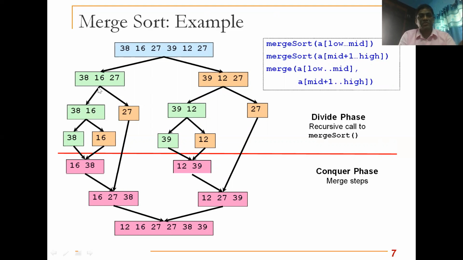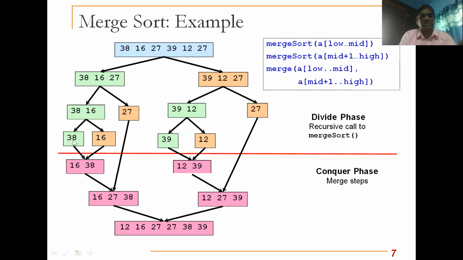Again, this is split with the help of mergesort recursion, because mergesort is applied on this also. Again, it is split, 0, 1, 2 now. It is 0 plus 2 by 2, which gives you 1. So up to 1 is the first half, and the remaining is the second half. Again, this half is divided into two elements, because there are two elements. You will get one element in the first half, another element in the second half. And now if you see, you cannot divide this further. So whenever you get a single element, that means it is sorted.